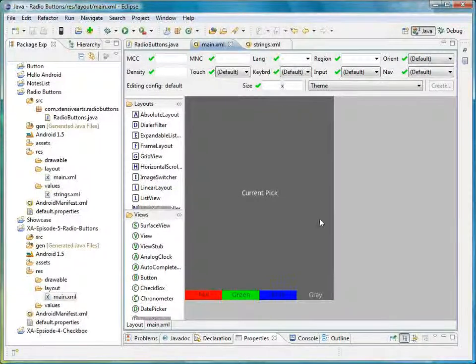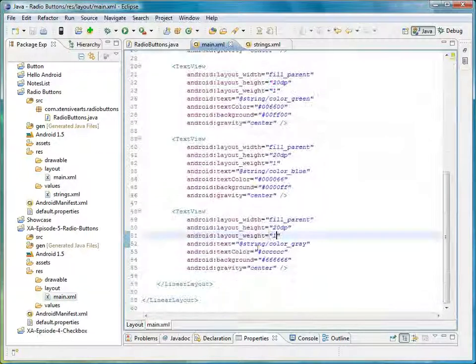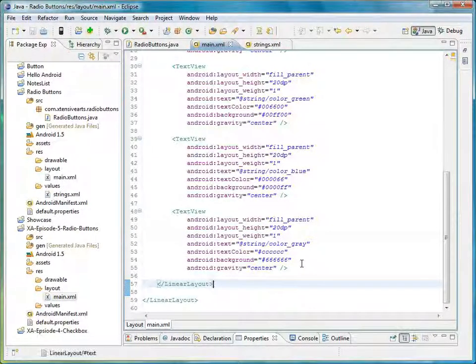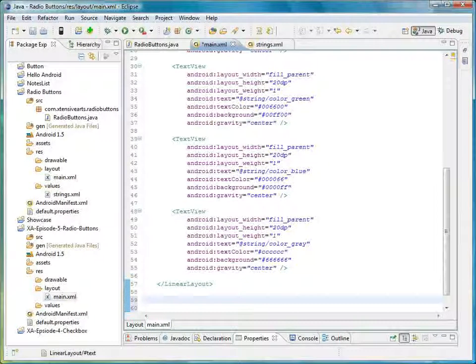And now you can also see that despite the fact that this current pick text view was set to fill parent, it now uses less space because we set that layout weight to 1, so it made some room for what's defined below that. Alright, so next thing we want to do, we want to create our radio buttons. So we'll come down here below that linear layout that holds our color labels, and then we want to create